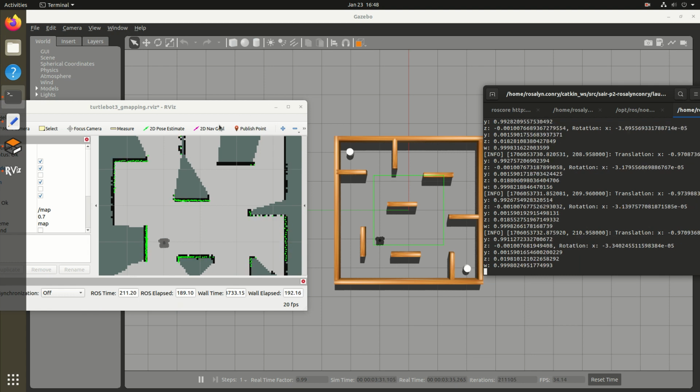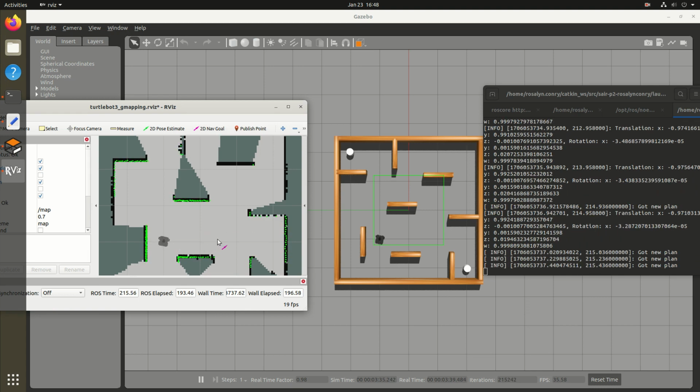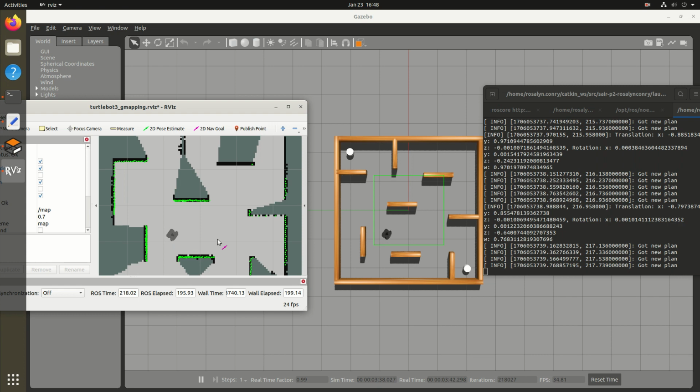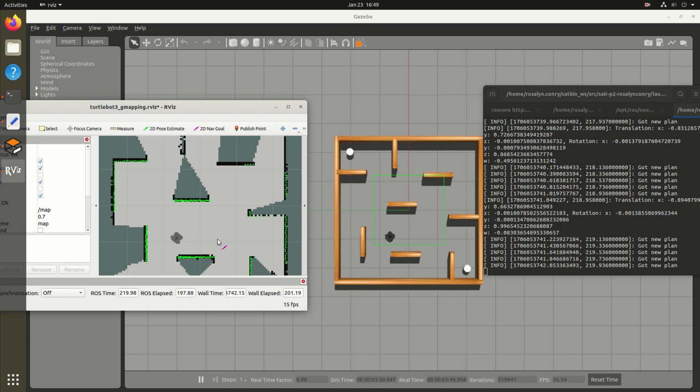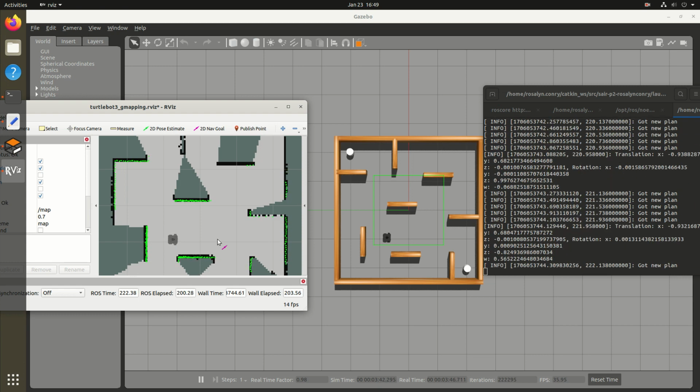If we give it a 2D nav goal, then we will be able to see the changes in logging of position. And then it also shows us that it has a plan in that same terminal because that is part of the